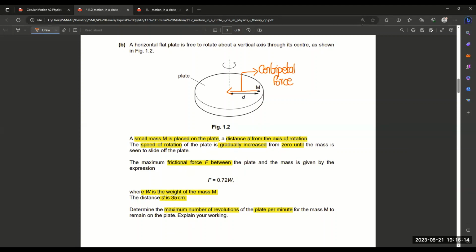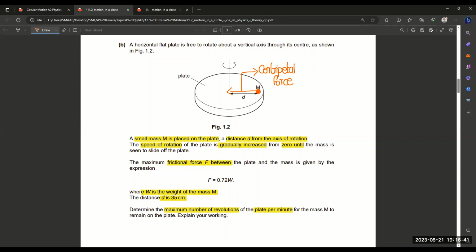And the next thing is friction is always opposite to the centripetal force, right? Because friction will always be opposite to the motion of the body. Or we can say that this object tries to move away from this surface, because they mention in the question that we slightly increase the velocity from 0 until the mass seems to slide